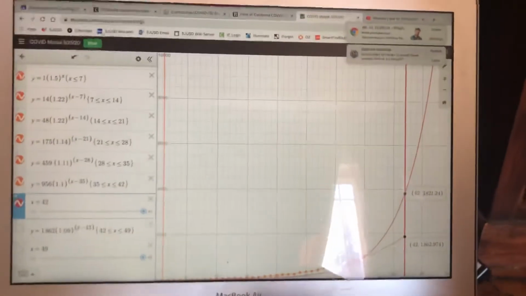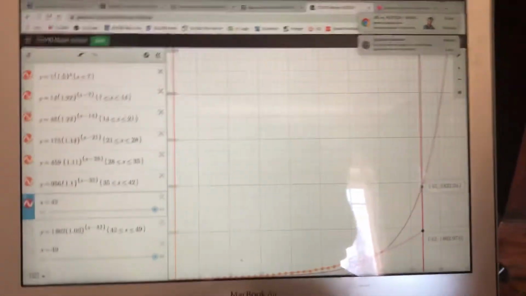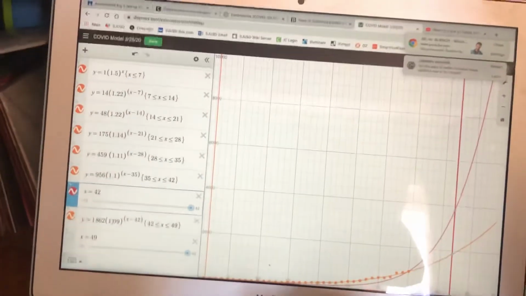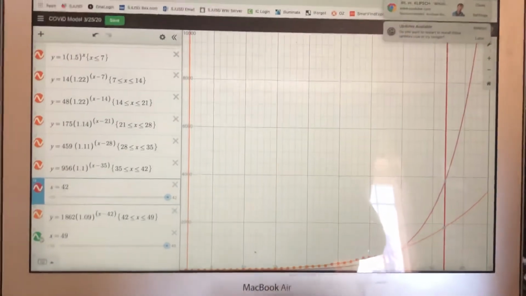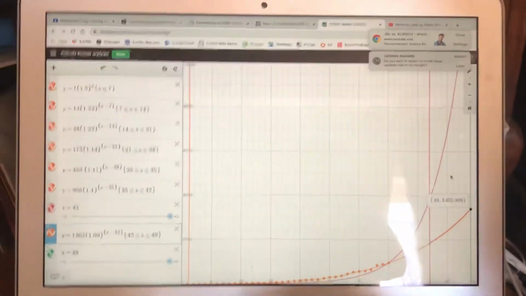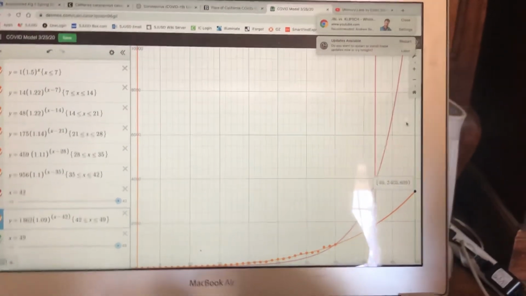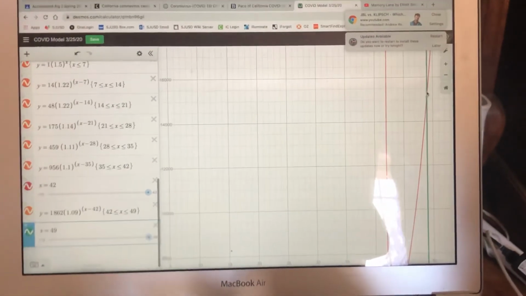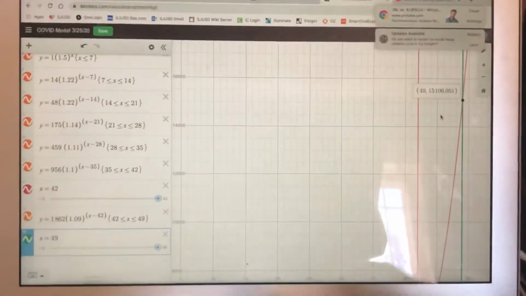From there, if we can continue to drop just 1%, so down to 1.09, we can model like this, showing us at day 49, 2 weeks from now, having 3,400 cases, which, yes, it's a lot, and yes, it's still growing. But compare that to where we would be, 15,000 cases.